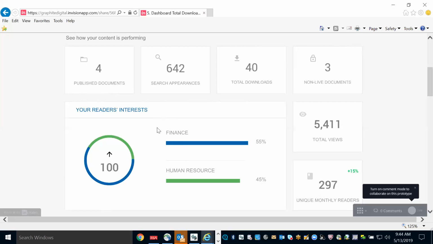What would be really cool to see would be the keyword data here. So like your reader's interest, all of the keywords, what did they search on? What are the search terms? And what percentage does that make? And maybe that's what this is, but with only 2 here, just as the example, it just sort of leads you to believe that it's some sort of aggregate of information, where it would be really helpful to see it at a little bit more granular level. Mm-hmm. So to see the keywords that they searched on before landing on your documents. Yeah, I think that would be helpful here.